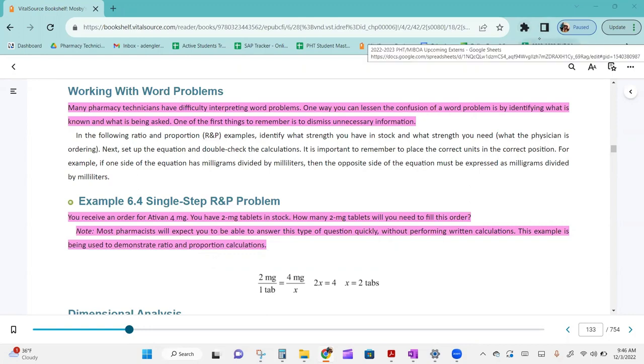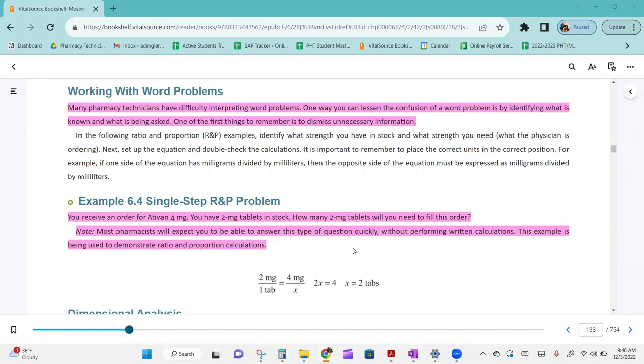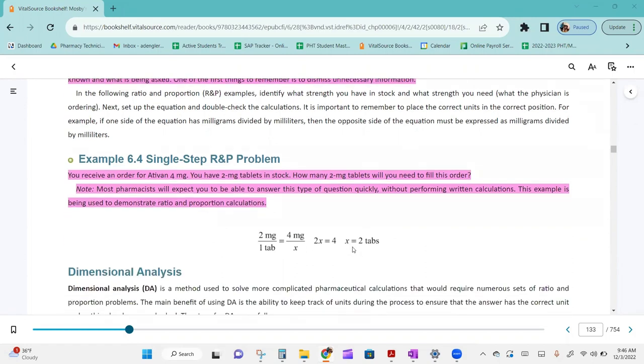So for word problems, we're mostly going to use proportions. As we go along further into math and the math module, we will use several different ways to solve. Like there might be one or two different answers in a problem. So let's do example 6.4, a single step